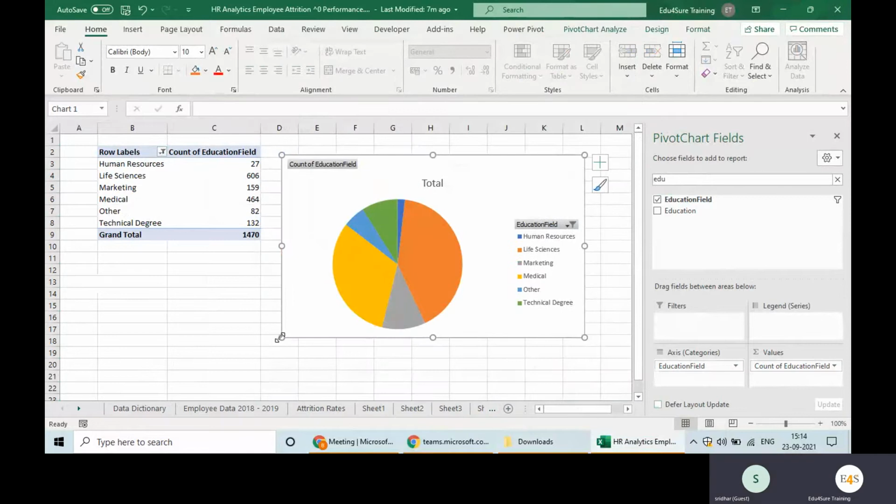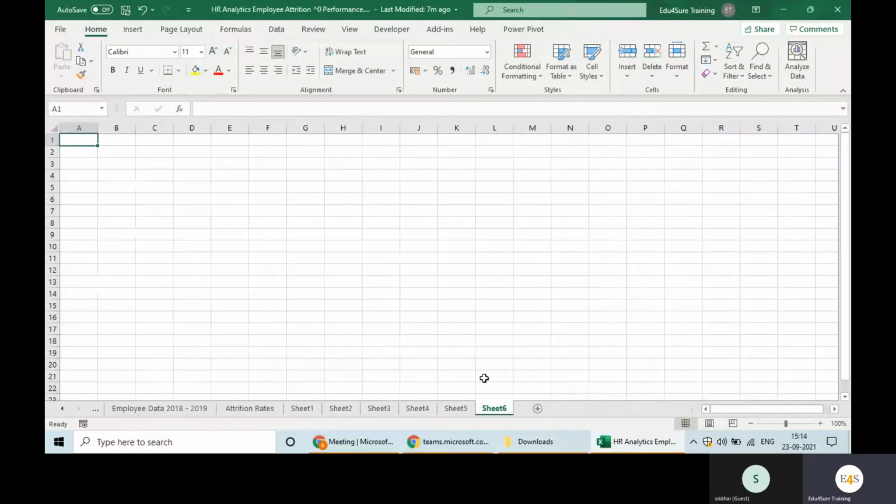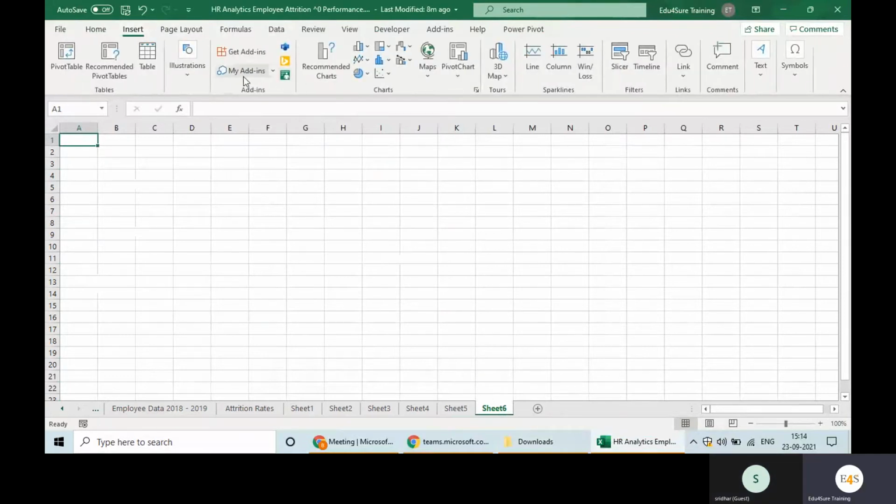On all these visuals, you can have slicers, you can have a timeline, whatever you want. Now, are you aware of people graph? Like you want to show male female ratio in a better manner, not through bar or column chart. How will you do it? Here in the insert, we have this green symbol. Can you see it on your laptop? Yes, I do. Click on this.